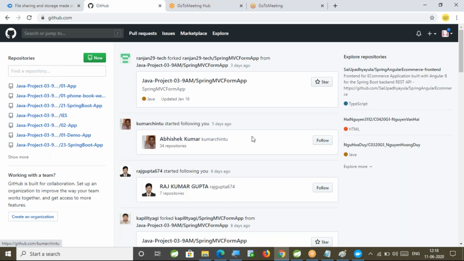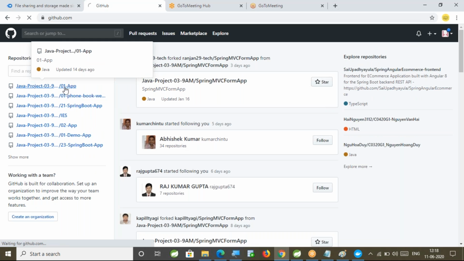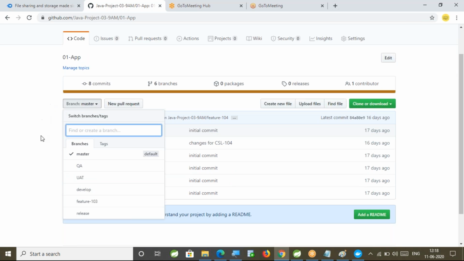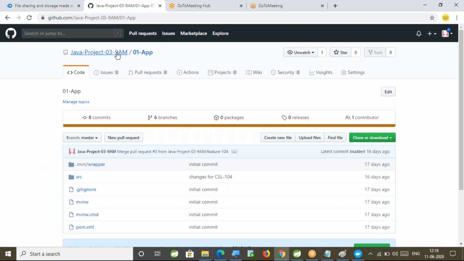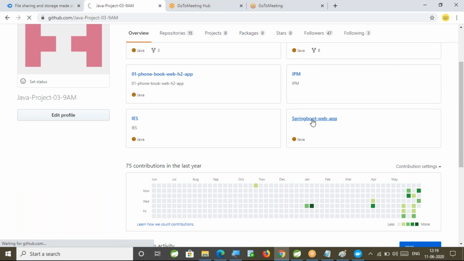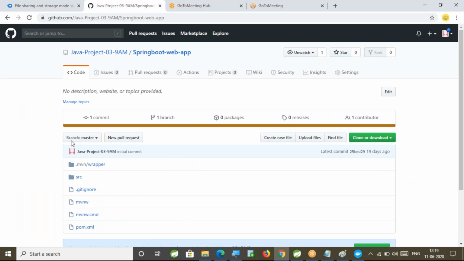Now we can create a repository, or we can use existing repositories also. Here there is one repository available, in which branches are already created. Let me take a new repository where the branches are not there. Spring Boot web application. Yes, right. Now observe carefully.